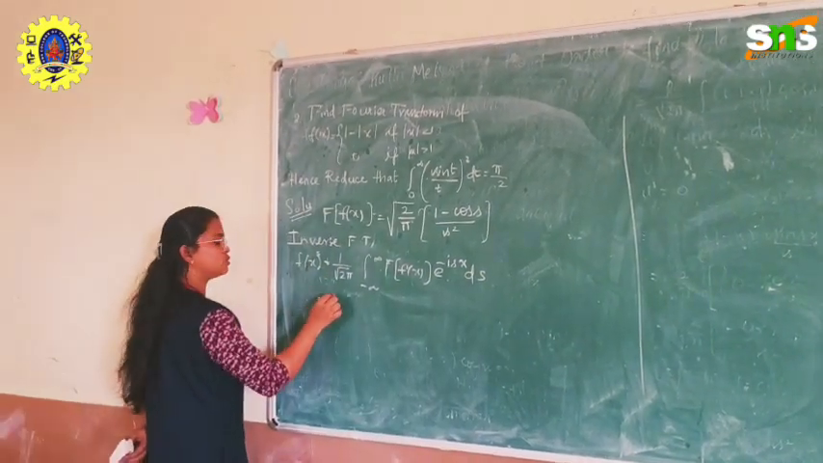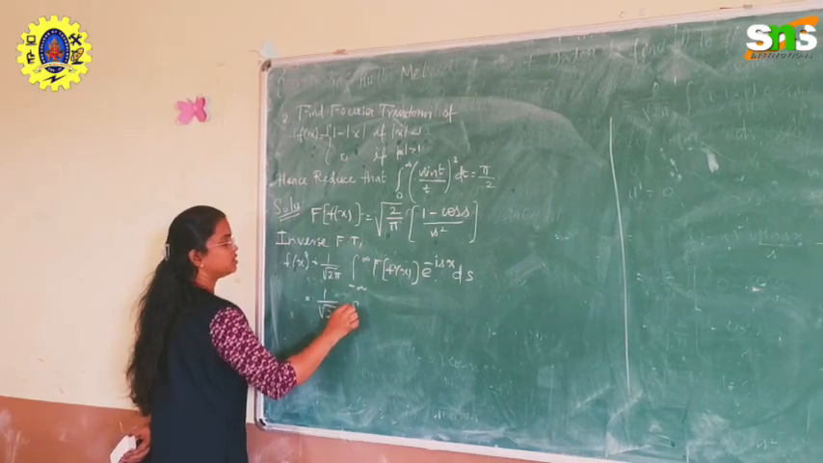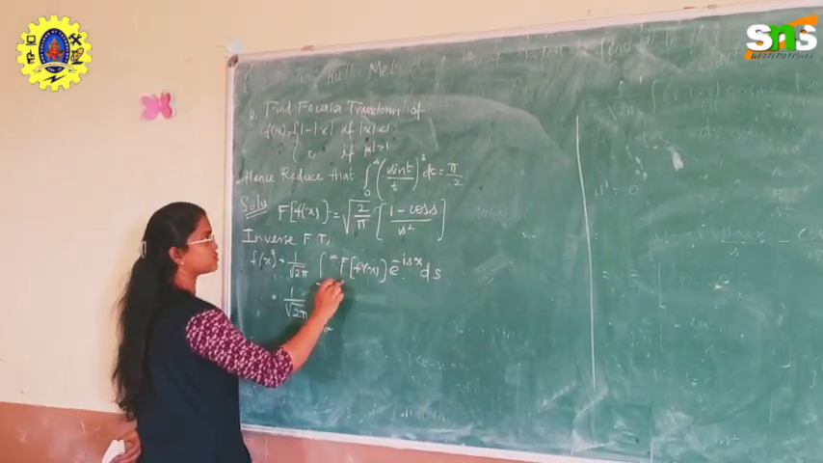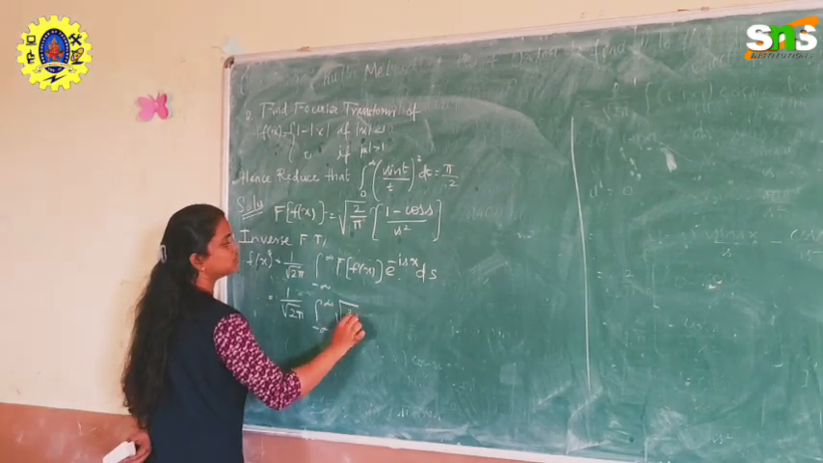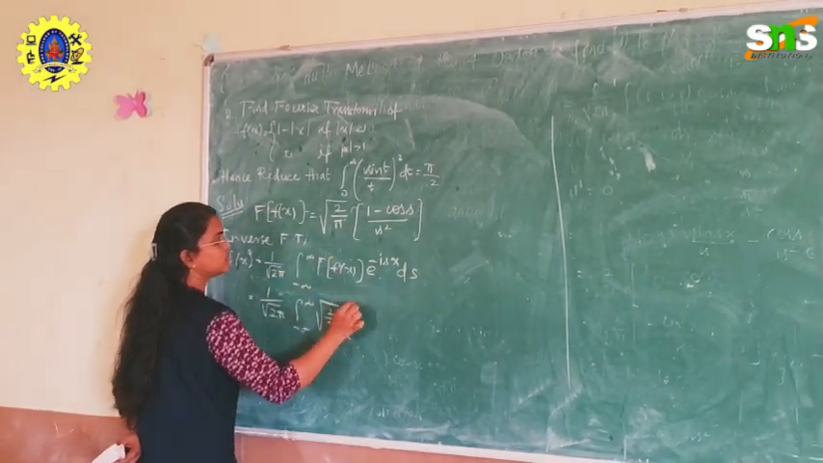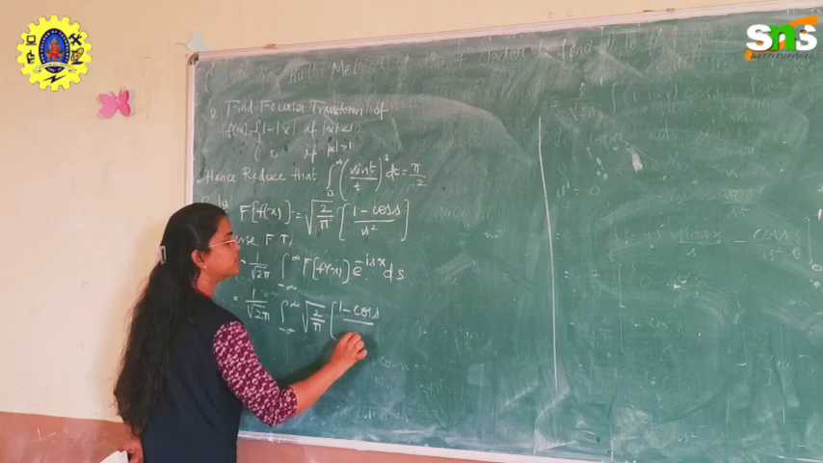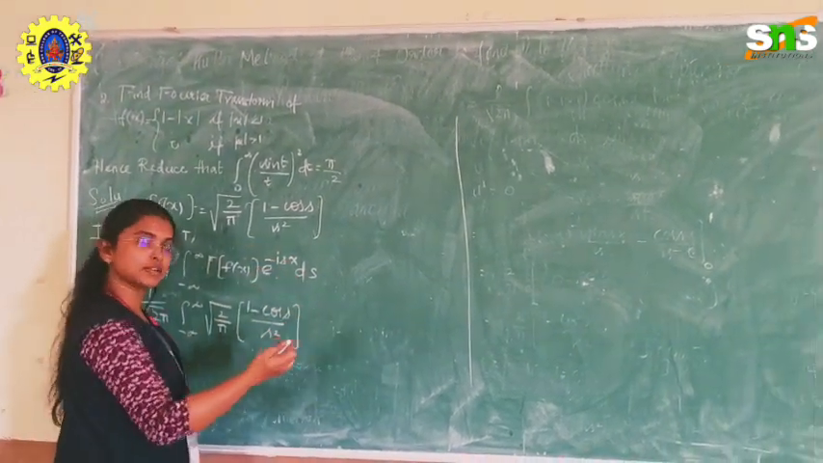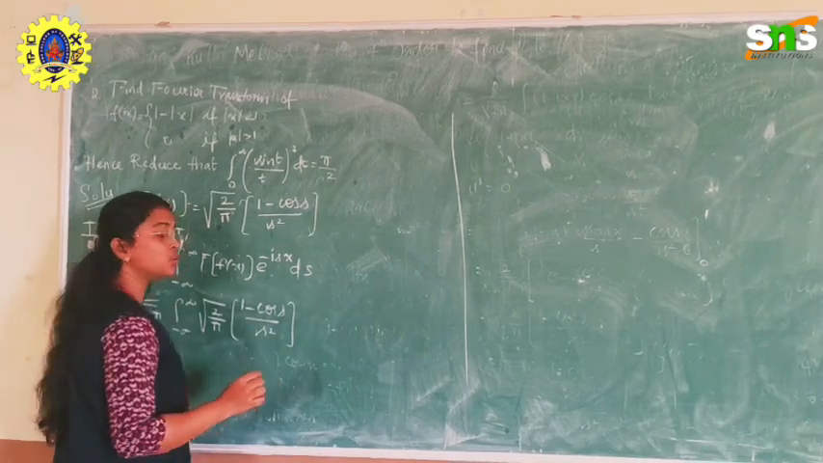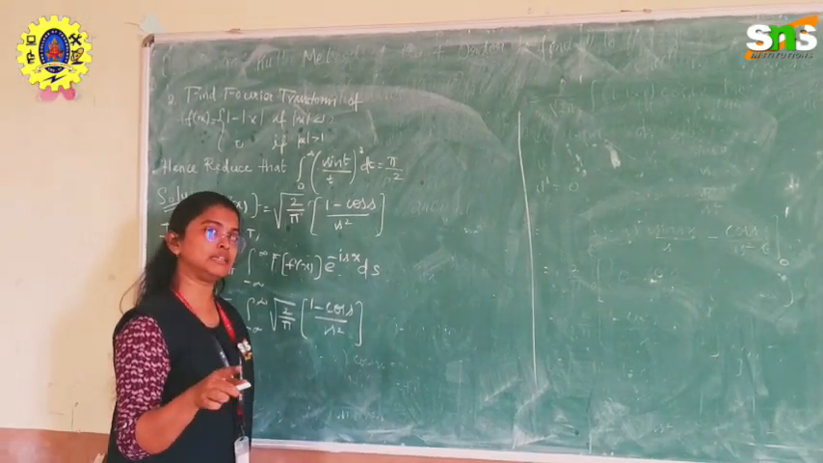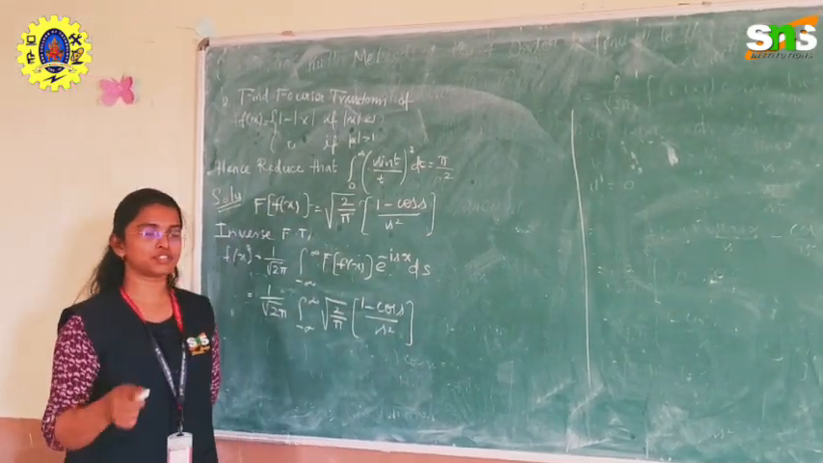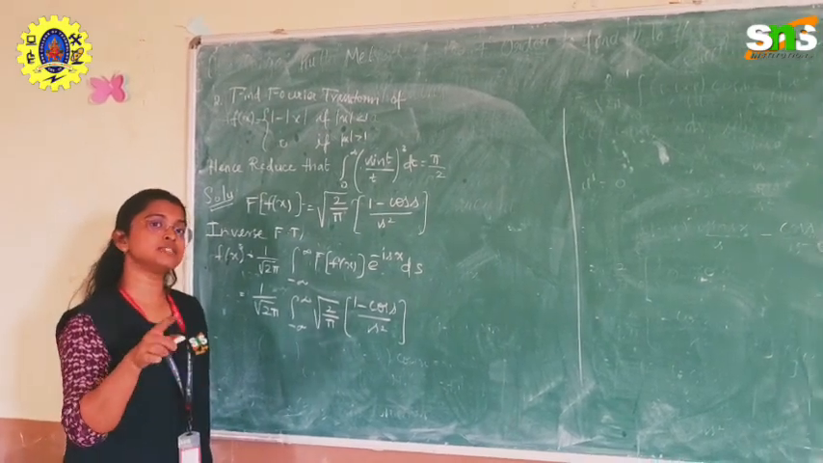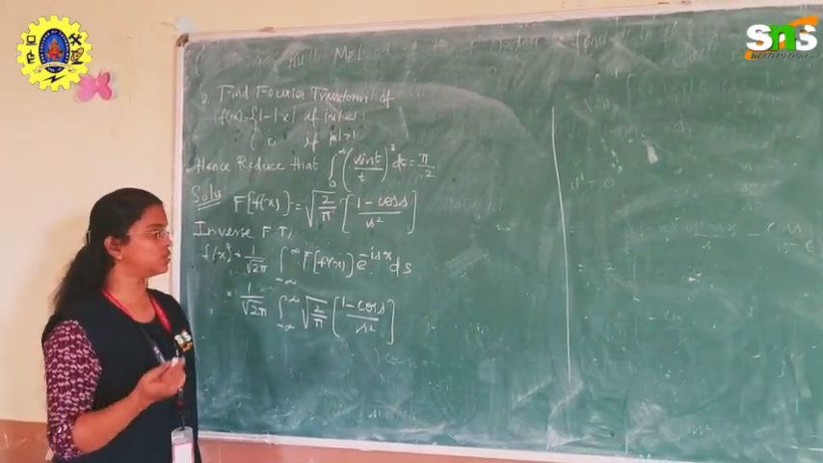So now you have to substitute, from minus infinity to plus infinity, the Fourier transform of f of x value, which is root of 2 divided by pi times (1 minus cos s) divided by s square. So now we have to expand e power minus isx, right? You know that e power i theta value, right? So e power i theta expansion is cos theta plus i sin theta. If it is e power minus i theta, it is